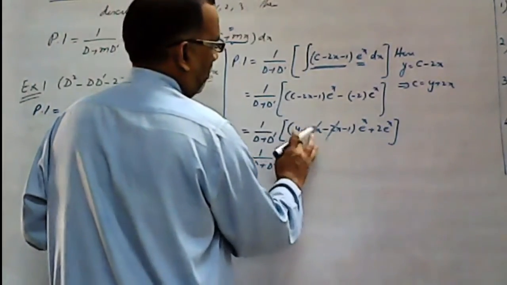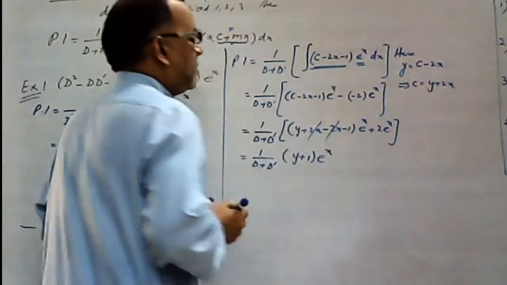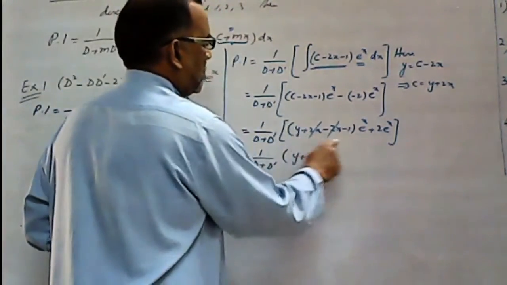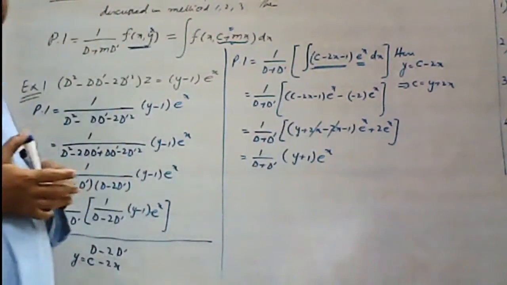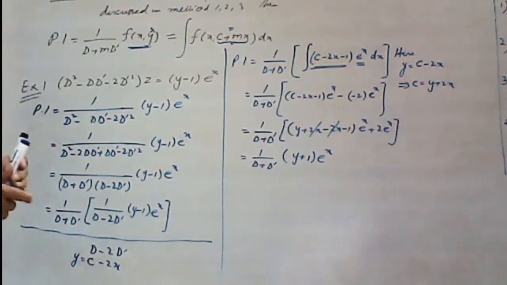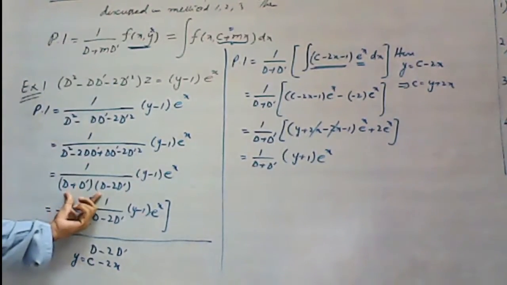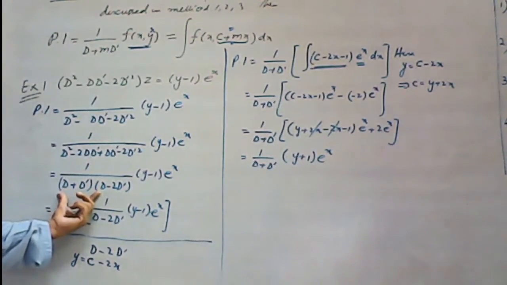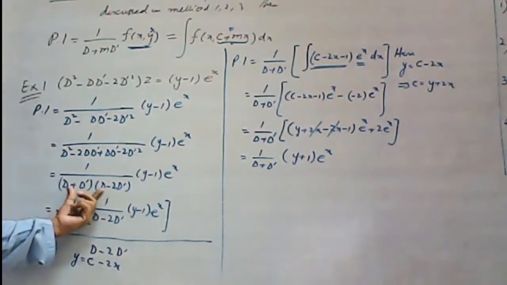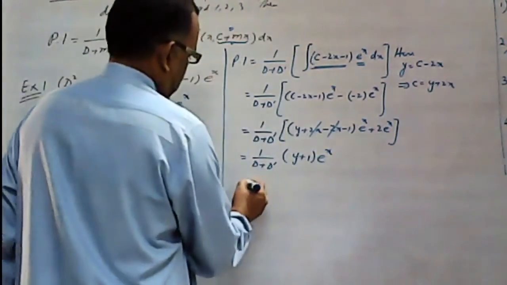So I finally have (y - 1)e^x + 2. So I finally have (y + 1)e^x. If I add all these terms, now again we have the same kind of term. So applying the method again, because this method is only applicable for a single term. If you have multiple terms, you have to apply this method as many times as there are multiples in the denominator. Since there are two multiple terms, we need to apply the method twice. So now applying the method again.